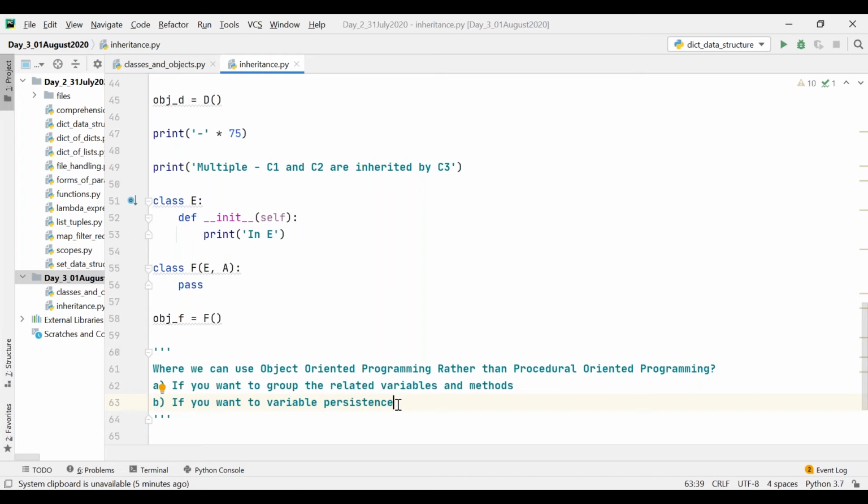For example, username, password, local directory, remote directory, server name, port, everything can be held within a particular object. You can bundle it basically. So you can group or bundle the related variables or methods. In those cases you can use object-oriented programming. It is very easy to maintain, rather than a procedural-oriented program.